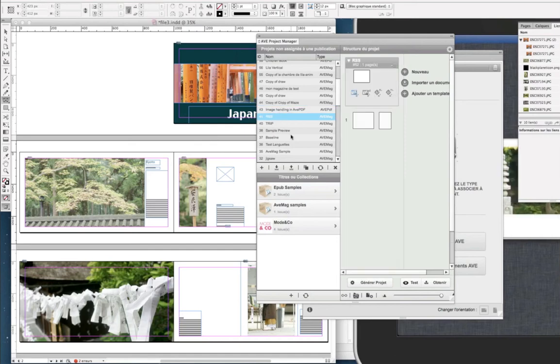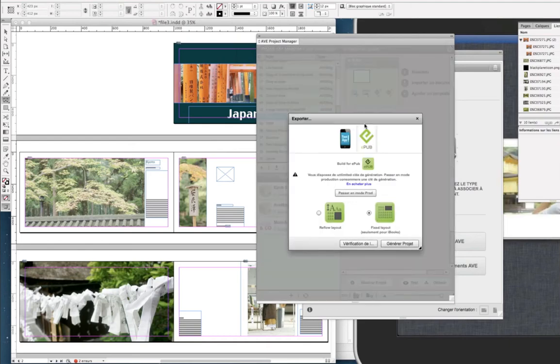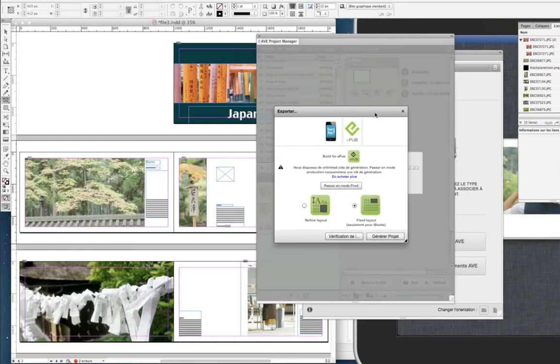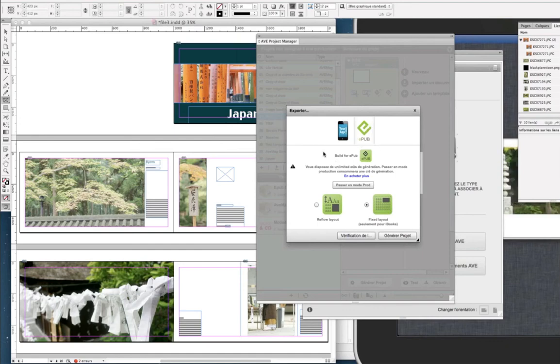Okay, suppose I have a project here and I want to generate it as an ePub. Whenever I select ePub, I get a warning that tells me that this project is going to be generated in test mode. And this is because I haven't really yet purchased anything to actually